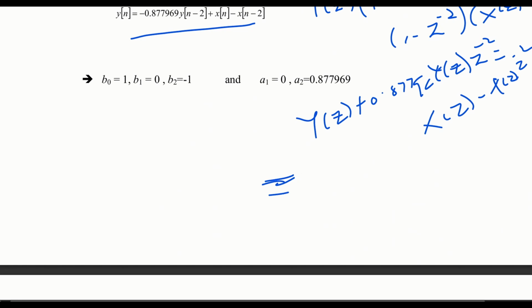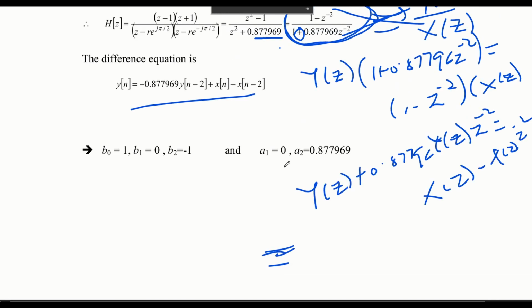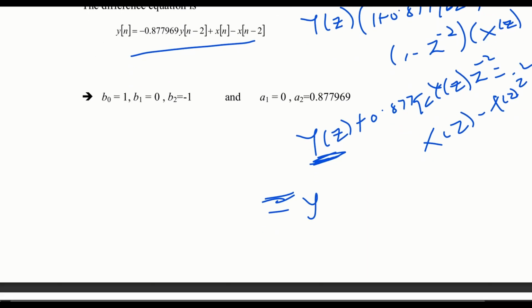So when you find the inverse z transform, which you should be able to, you realize that here is not multiplied by any form of z to the minus something, so here can just be y of n, plus this 0.87796 whatever, but multiplied by z to the minus 2, so this becomes 0.87796 times y of n minus 2, because it's multiplying by z to the minus 2,